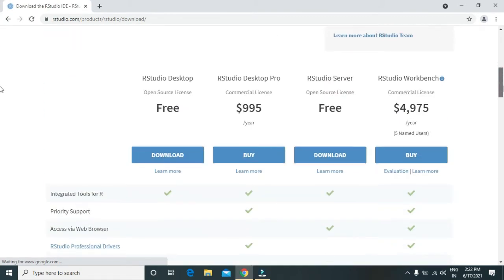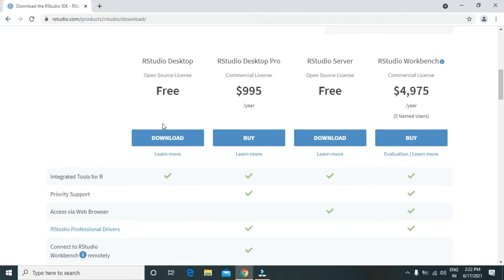When I go down, what I see is I have an option for a free download. There is also a Desktop Pro, which is a commercial license. You have RStudio server, which also you can download for free, and a workbench commercial license as well. And this particular one will provide different features for more number of users who can use the same server at a time. So we will definitely go for our free version because we are trying to learn here